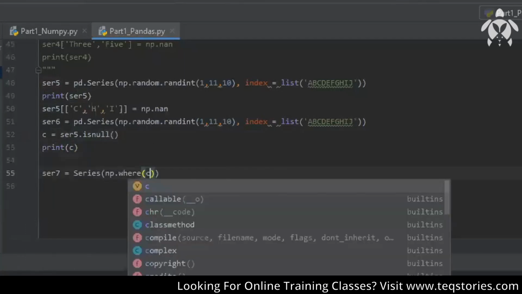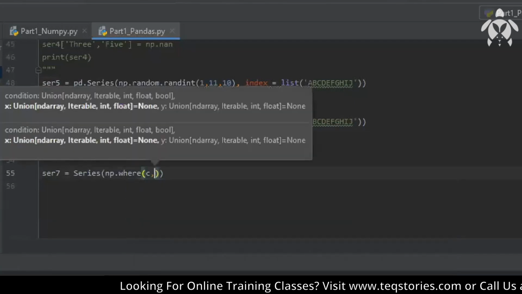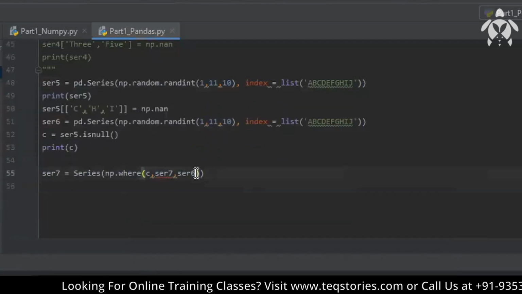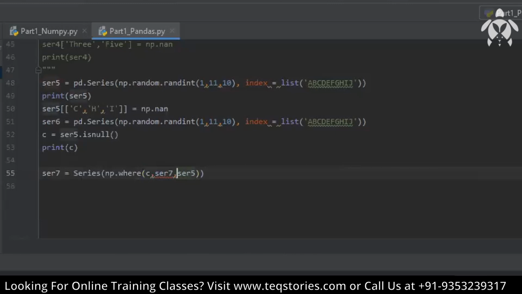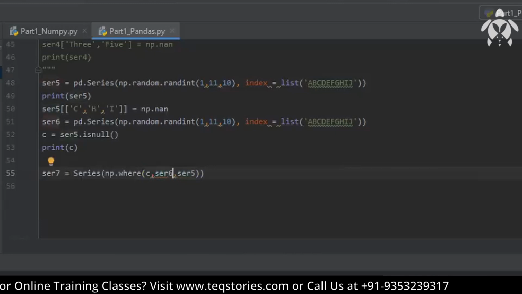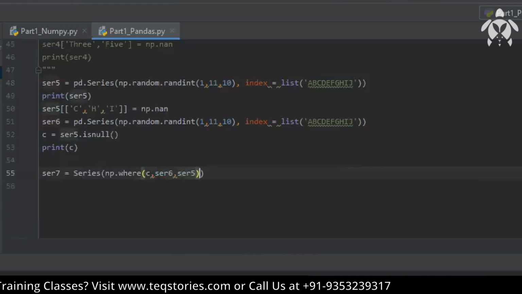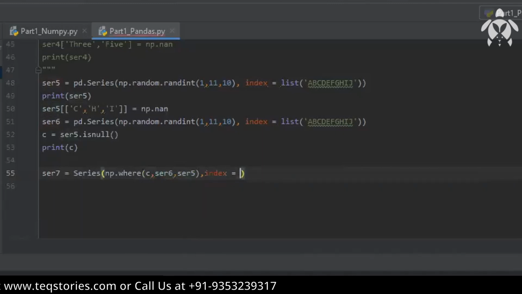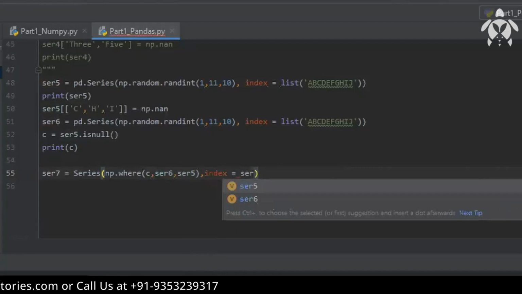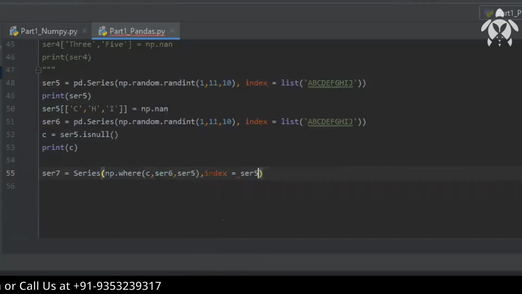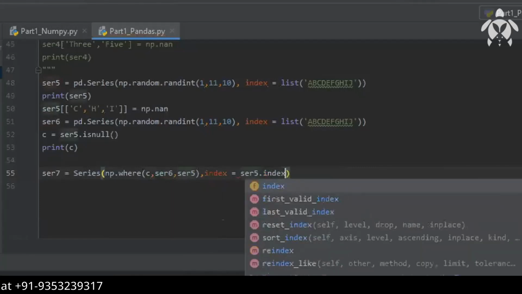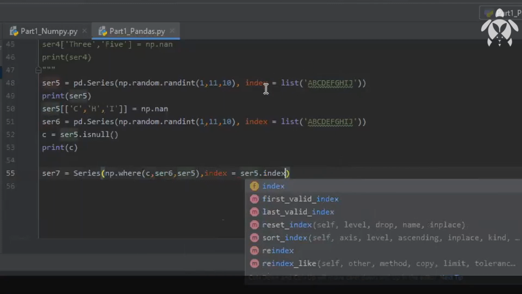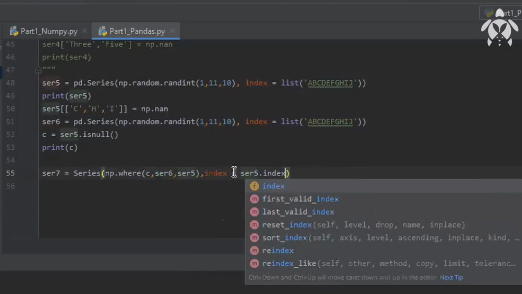So give the condition C here, then series 5 and series 6. Then you need to specify the index. The index you can give as series 5.index, so it copies the index from series 5 itself. This is how you can give it.